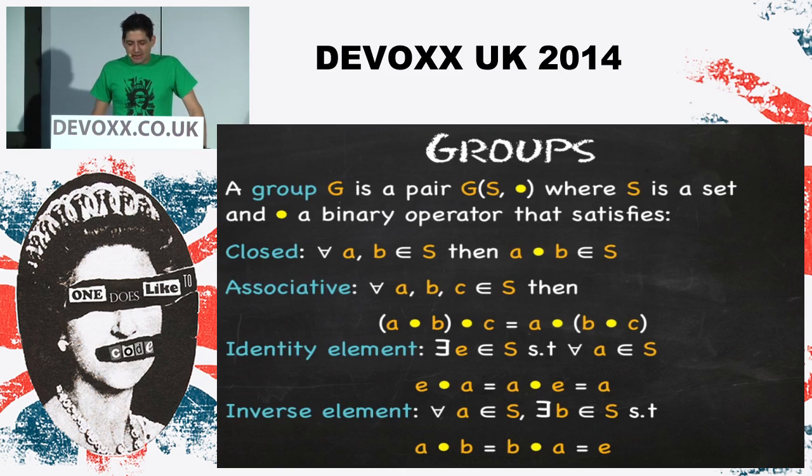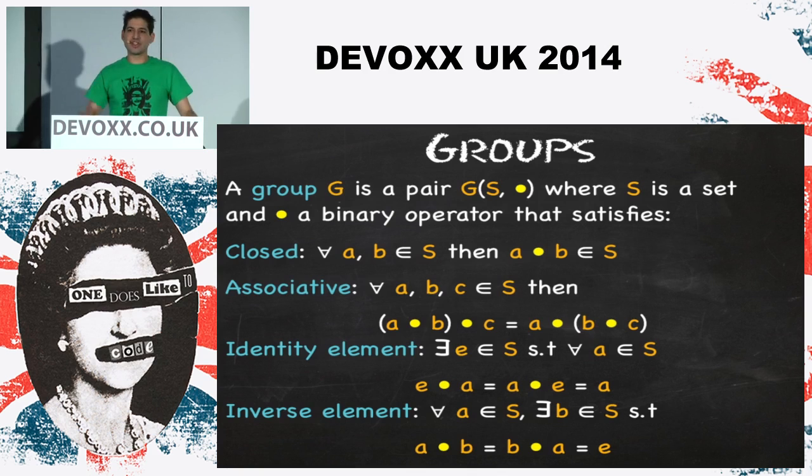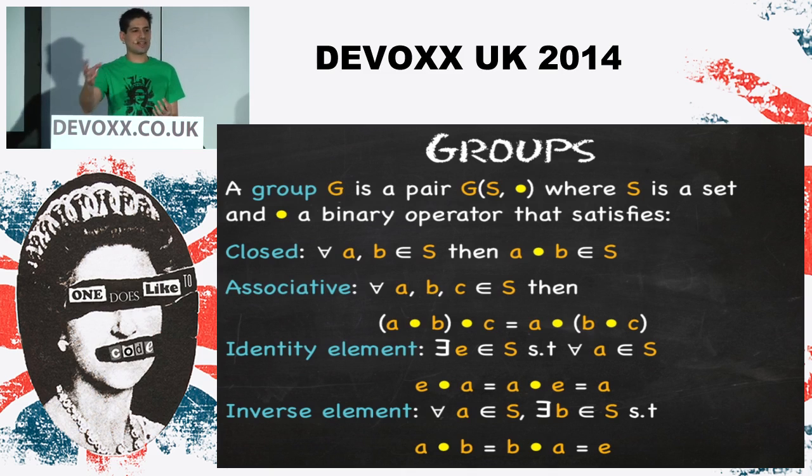So the basic algebraic structure is a group, which is a set. A set, as you know, is like in Java, it contains a sort of sequence of unique items. In our case, it's going to be numbers, obviously, of different types. And an operator, the dot operator. And they have these properties. We say a set is closed if you take any 2 elements and times them together, and they give another item that's still in the set.